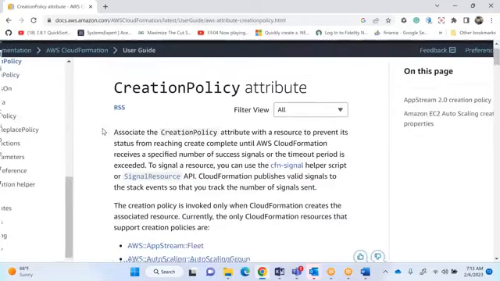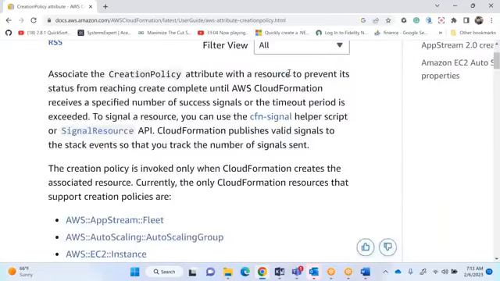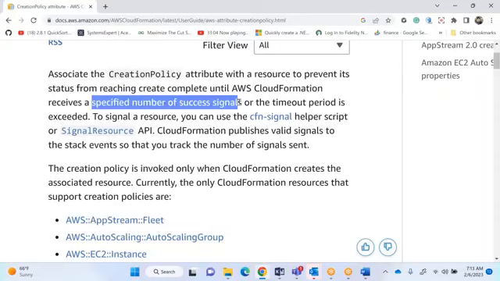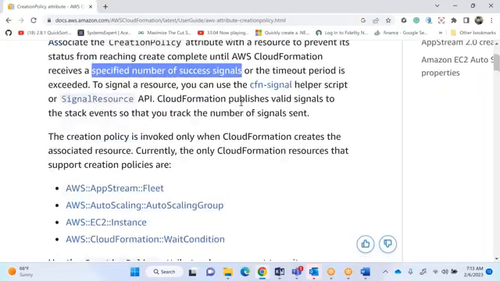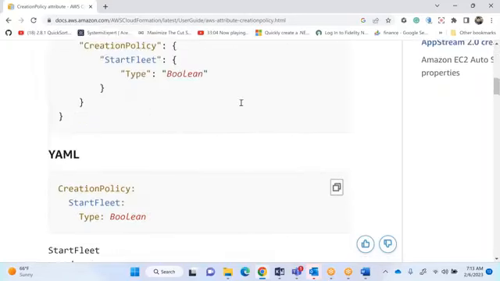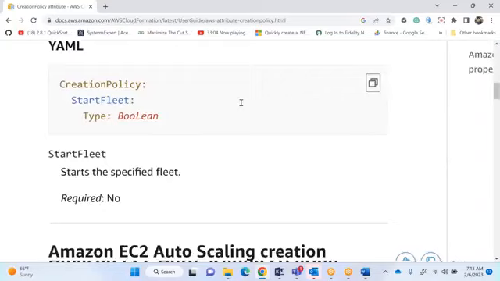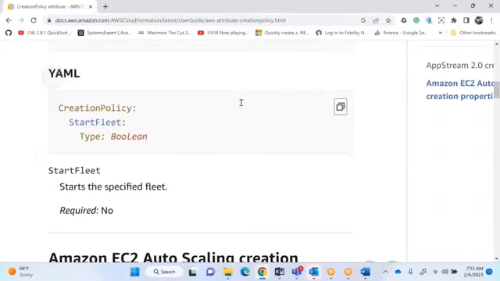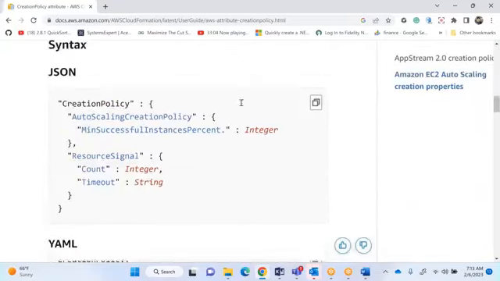Associate the creation policy attribute with a resource to prevent its status from reaching create complete until AWS CloudFormation receives a specified number of signals. I can clearly specify that only when 3 signals come into the picture, then it runs. You have some examples here, sir. This is the example of creation policy, so the example is like this one.